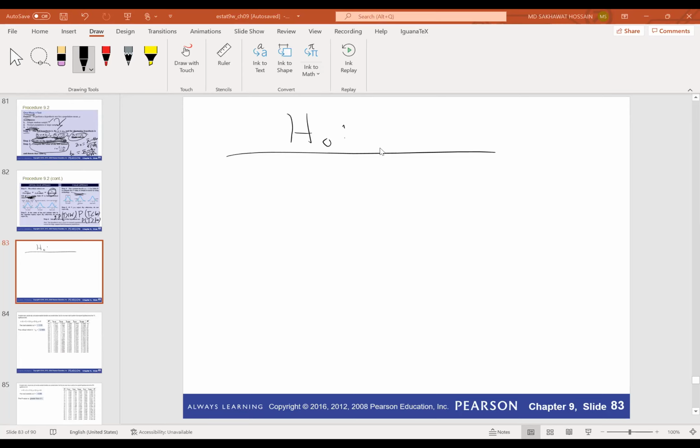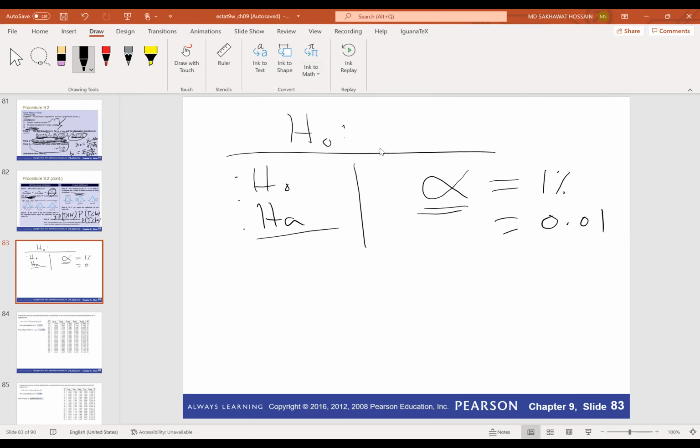Before doing any hypothesis test, the steps are: first you need to write the hypotheses. Then you need to decide about your alpha. Alpha is the level of significance. You need to determine this one. Usually the level of significance is 1%, 5%, or 10%. Or it could also be 2%, 3%. Yeah. So if alpha is 1%,